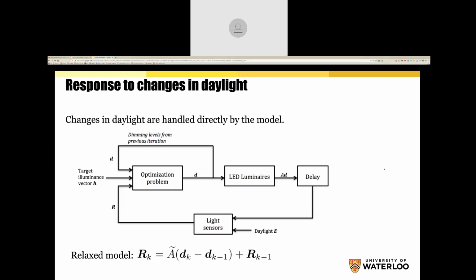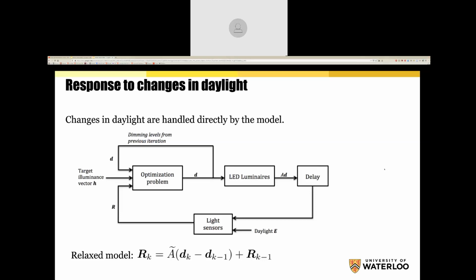And by the way, the reason we were forced to do this is we started with the optimization problem, but we had sensors that weren't very good. The sensors actually were inaccurate, and we spent a lot of time figuring out what to do. And in the end, we were forced to adopt the control approach rather than just a pure optimization problem. We had to put in optimization control. And in the lighting literature, this is new as far as we know.